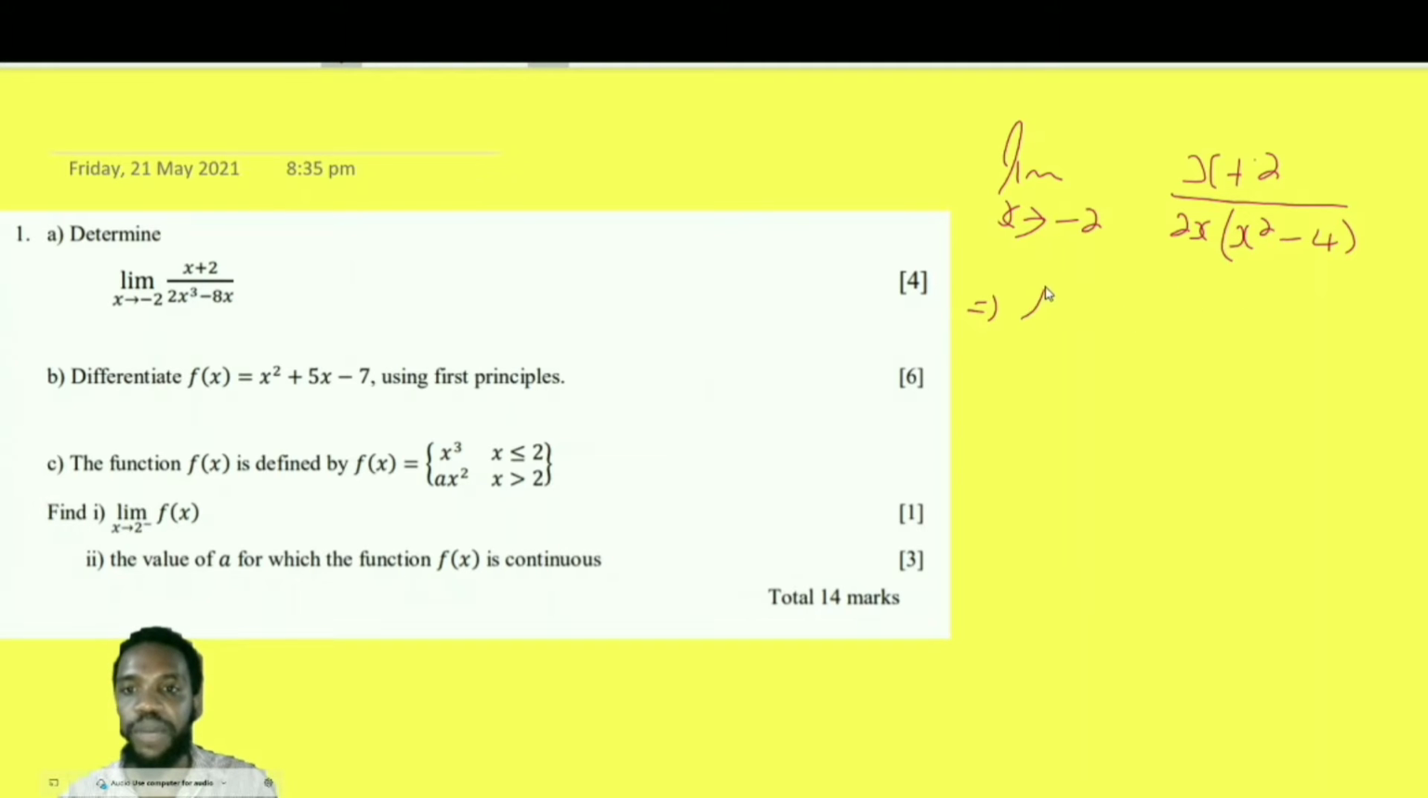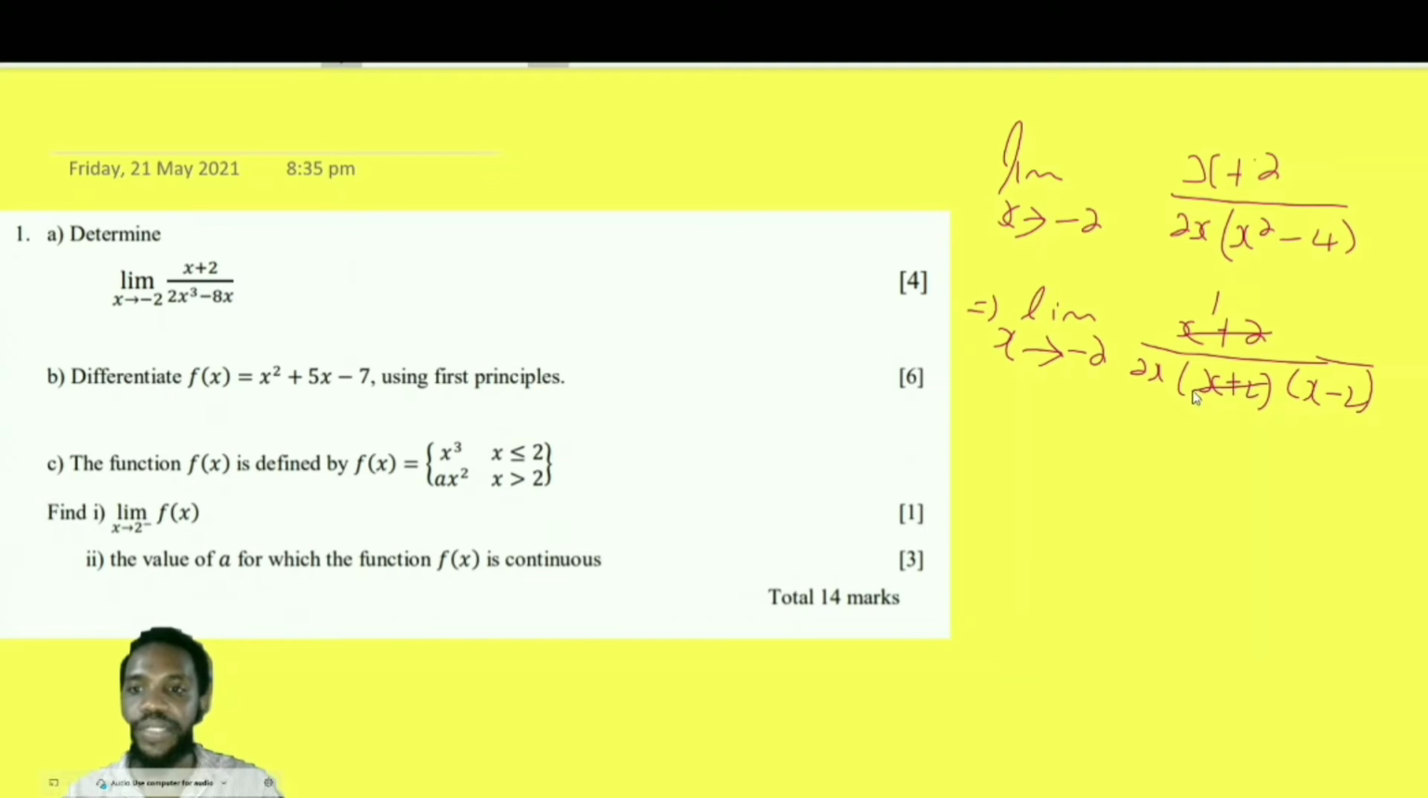Alright, taking this down now, I'm going to have a limit of x plus 2 all over 2x into x plus 2 into x minus 2. Doesn't matter which one I write first, as multiplication is commutative, as x tends towards minus 2. Now look at what happens. This takes this out, so I'm left with the limit as x tends towards minus 2 of 1 over 2x into x minus 2. Now I'm not going to have a problem here, so I can make my direct substitution,